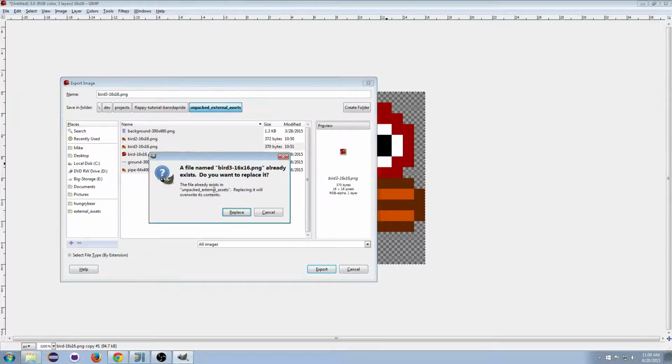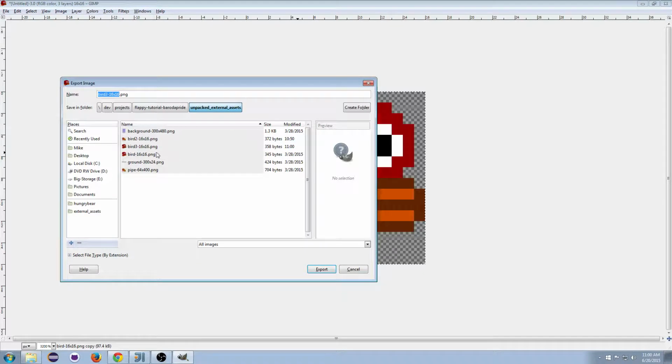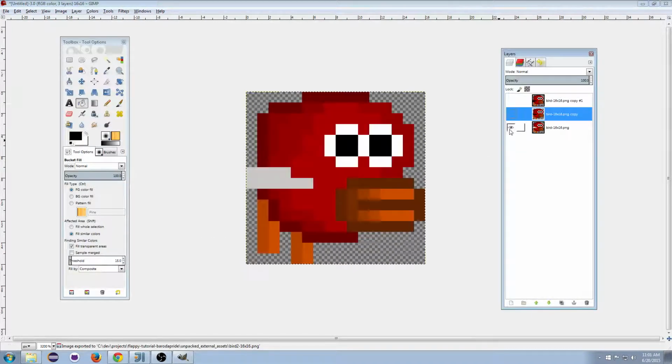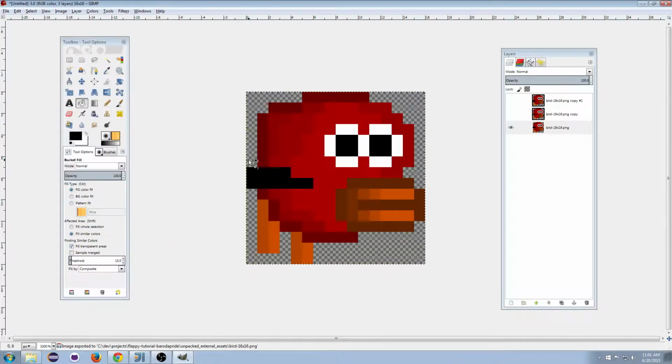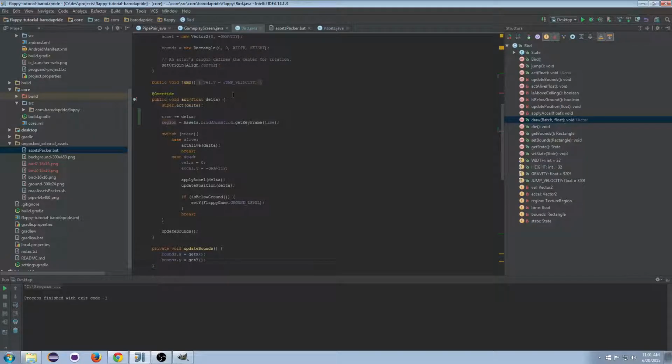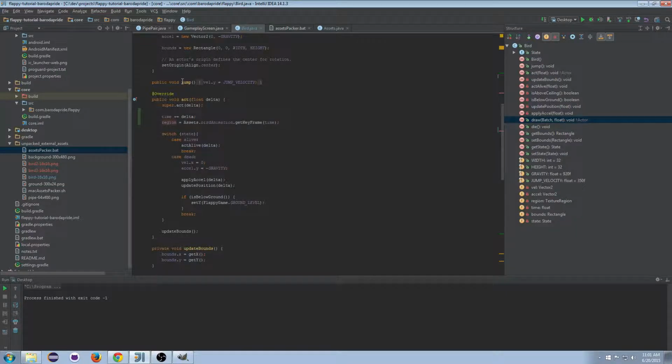Yeah. Bird 2. Okay. I'm going to change it to black just so that it's more visible. I guess I could change the background too, but